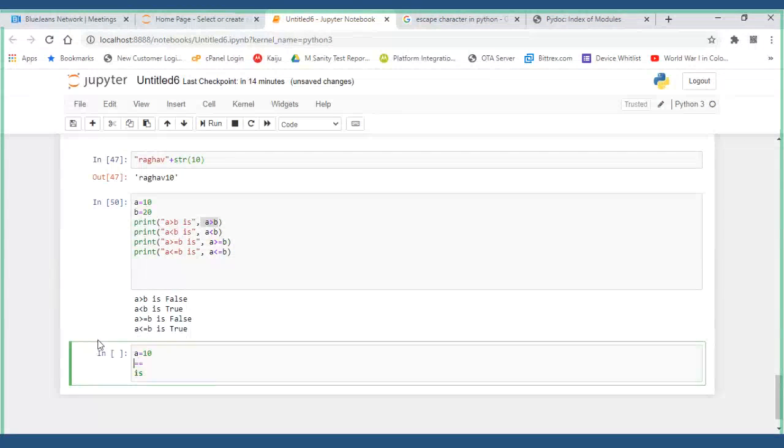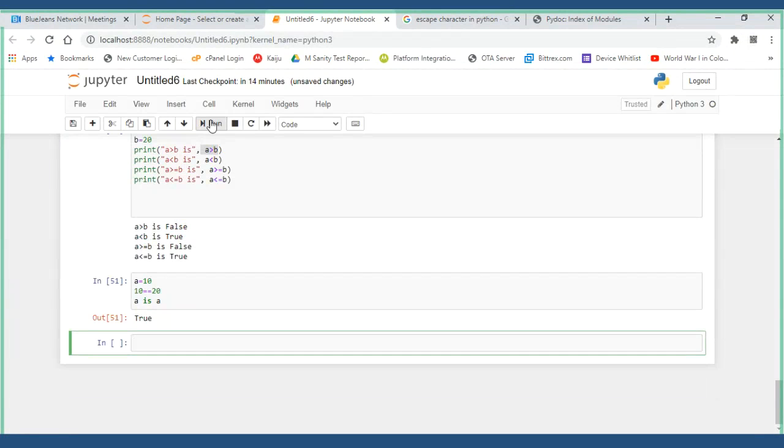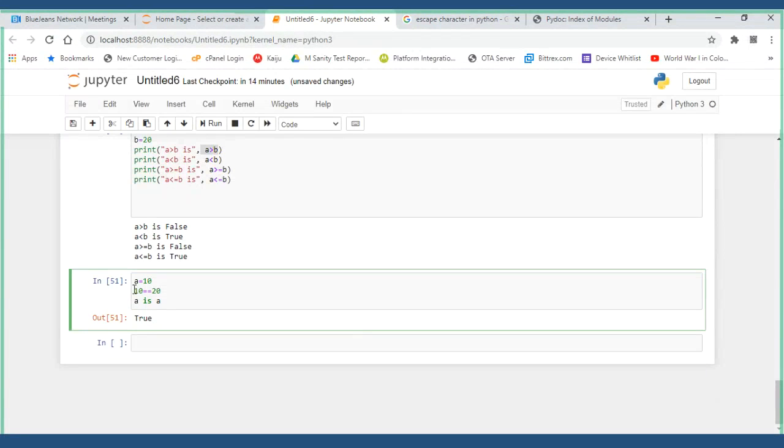Say, for example, 10 is equal to 20, and you have something, A. I'll tell you why. Just run them. For the first thing, I'll put print. Just remember these three.